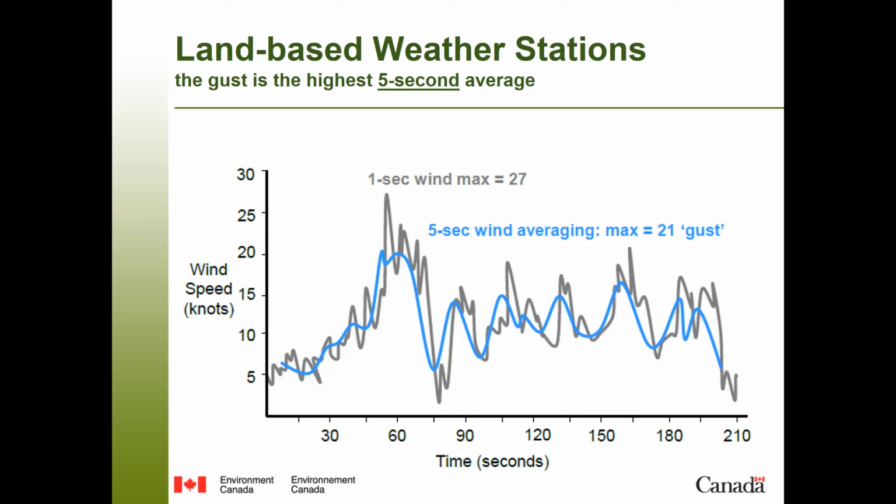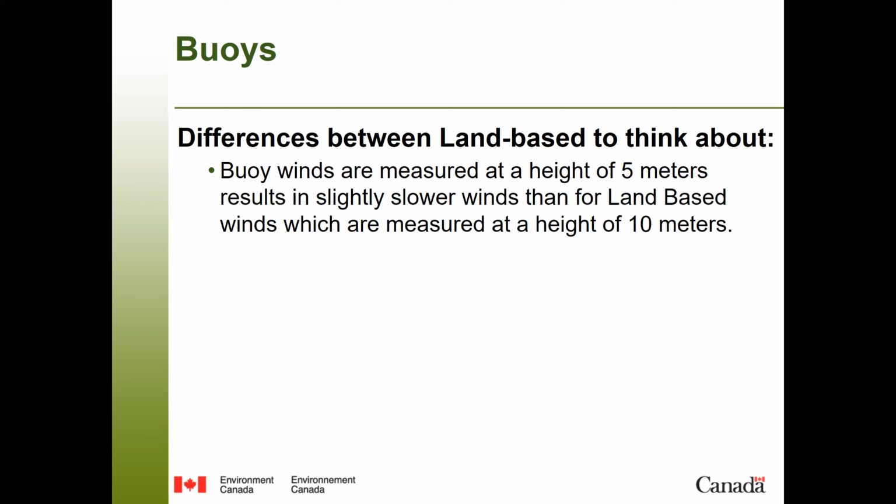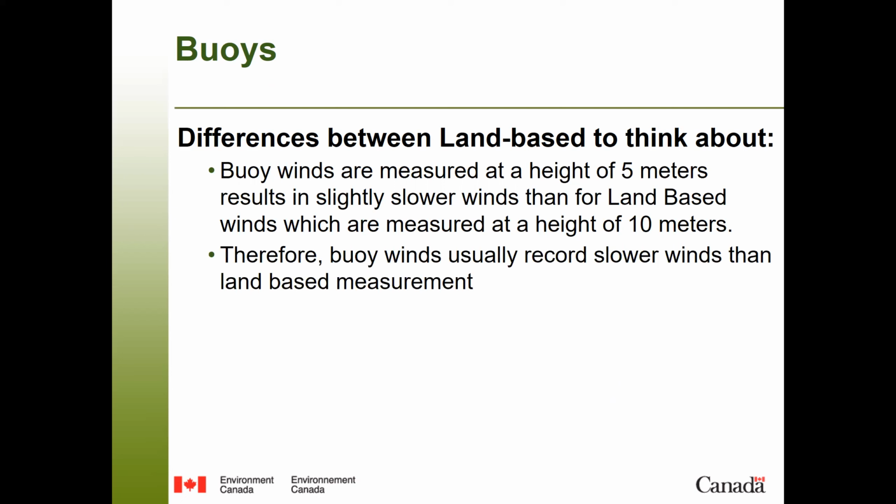So what about buoys, though? Just something to think about. We talked a little bit earlier about the issues of the buoys maybe being in the trough of a wave, so it might not be sampling the wind. The sampling is going to be difficult. It's going to depend on where you are on the wave. So what we do to try to nullify that and get a better representation of what the atmosphere is doing in terms of wind speed,